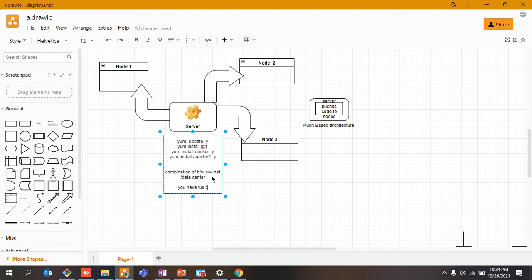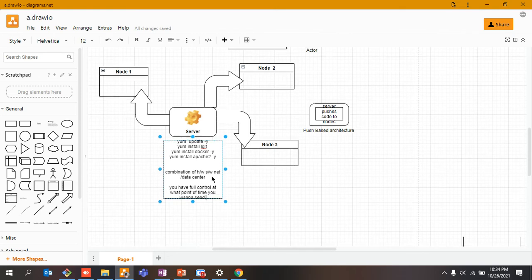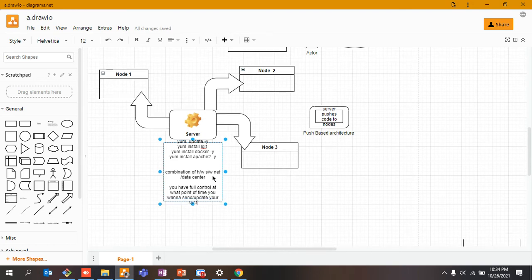You have full control over at what point of time you want to send or update your systems or nodes, whatever it may be. So just for the sake of understanding, I'm simplifying it.